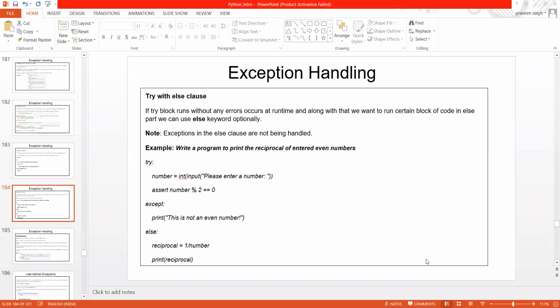Guys, are you getting my point? What I'm asking is, if you write try with else, what exactly is the output you are going to get? Or do you think that can be possible? First of all, let me ask: do you think that is possible?